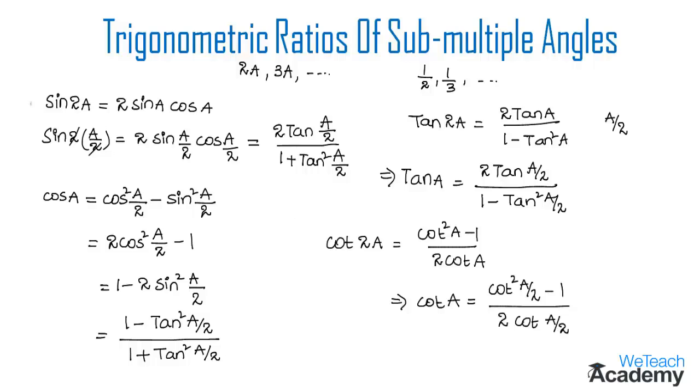So here sin 2A is the formula for the multiple angle, whereas sin A is the formula for the submultiple angle. And similarly, here all the formulas for cos 2A, tan 2A and cot 2A are the formulas of multiple angles. So make a note of all these formulas of multiple angles as well as submultiple angles, because these formulas are very useful in solving examples in further videos.